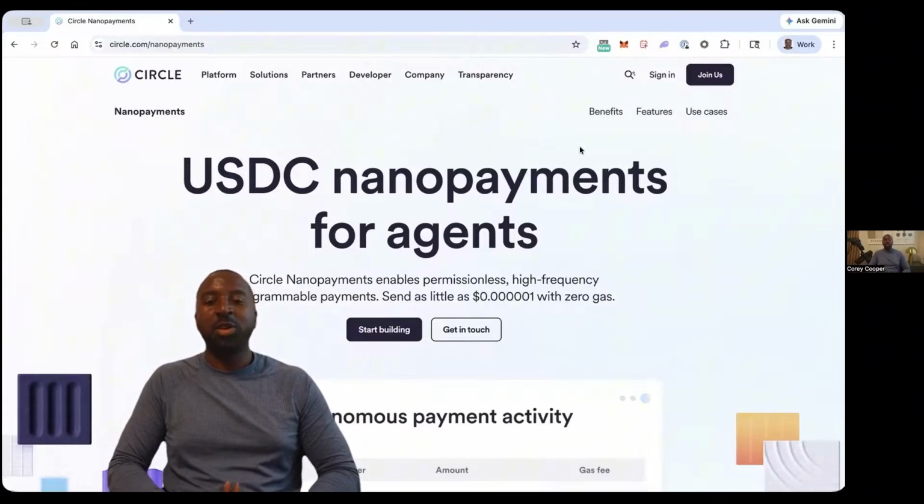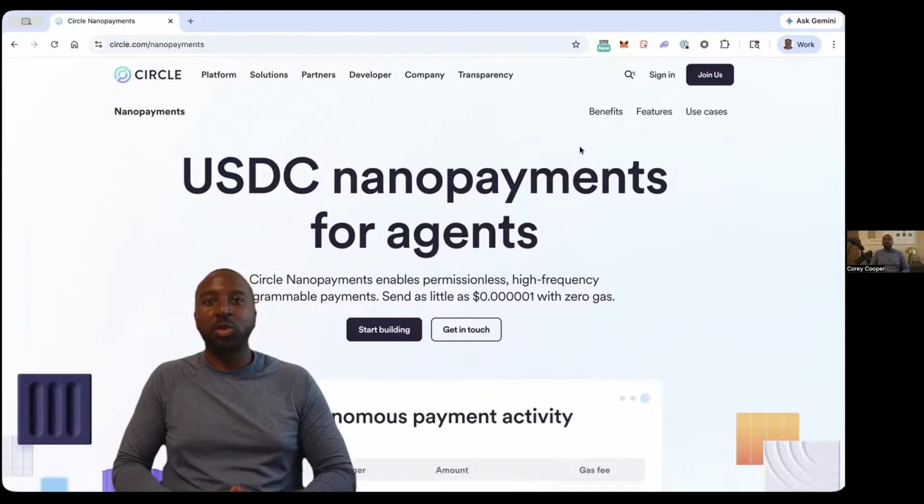That's where nano payments powered by Circle Gateway comes in. During this hackathon, you have the opportunity to build with nano payments, our infrastructure designed specifically for high-frequency sub-cent transactions. We're talking about gas-free payments over X402 protocol with cross-chain batch settlement. What does this unlock for you as a builder? It means you can finally design systems where payments match the granularity of computation and usage. This can help reduce fee overhead. No more forcing artificial pricing models. You can charge exactly what something is worth, even if that's a fraction of a cent.